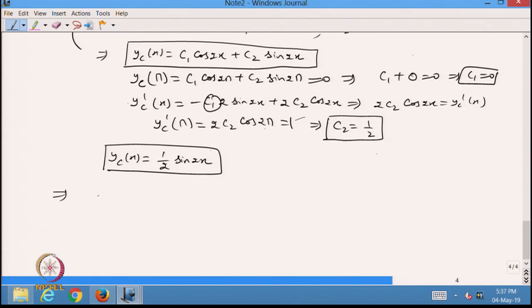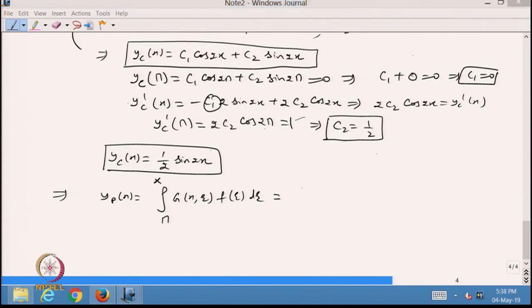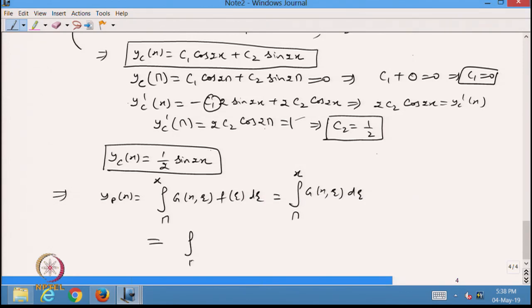So, now I want to find my y_p(x). y_p(x) will be the integral from pi to x of G(x, xi) f(xi) d xi, where f(xi) is 1 in this case, and I know my Green's function will be